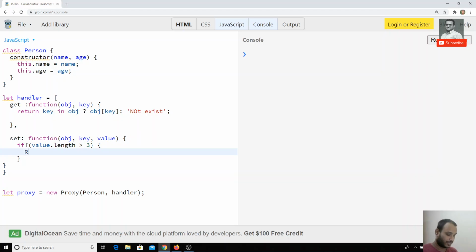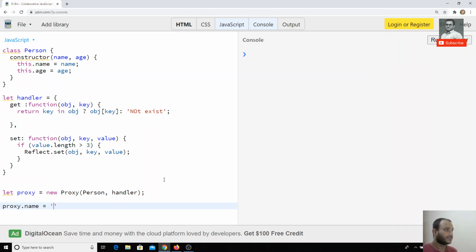So we will use the Reflect method here. Reflect.set, we need to give the object, and I need to give the key, and also I need to give the value. If you remember, whatever the proxy set takes here, the same properties Reflect.set also takes. So we can use the proxy set and Reflect.set like the same, and vice versa. So now what I can do here, I will try to set the proxy.name is equal to